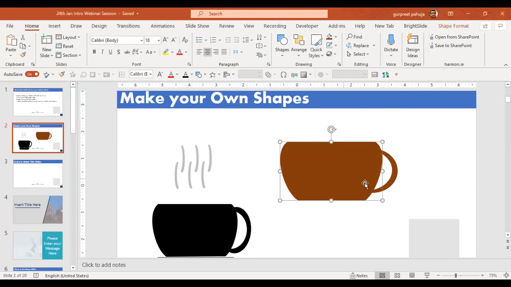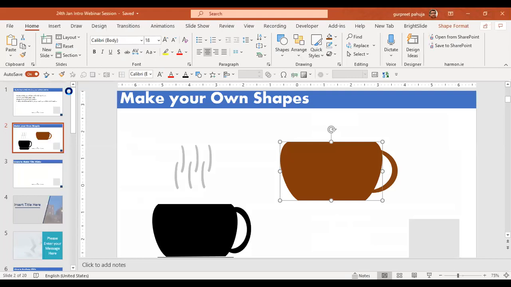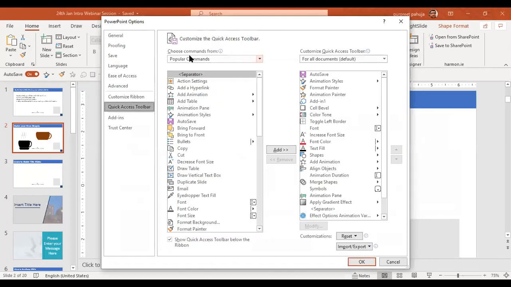So until Sadhya is waiting, the merge shape tool, you can find it over here. Going to file, options. There's somebody who has messaged me. And you can go to quick access toolbar and you go to all commands.